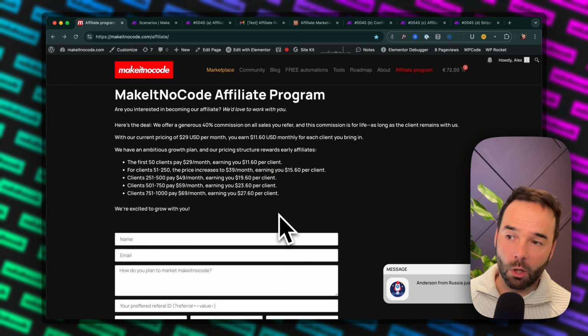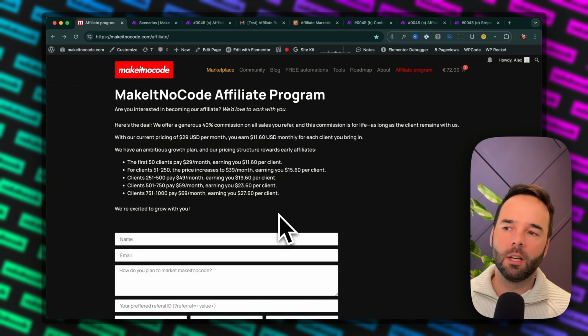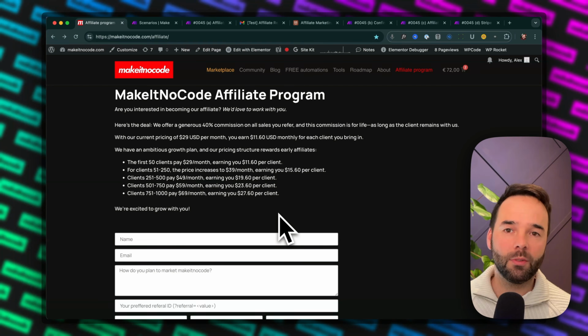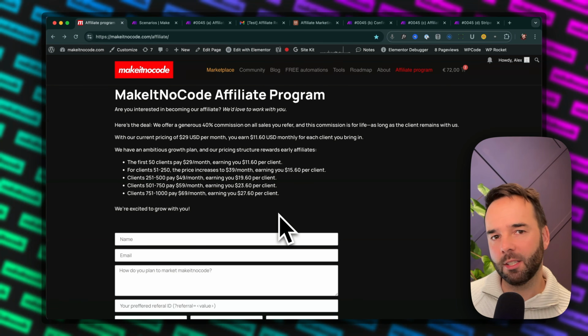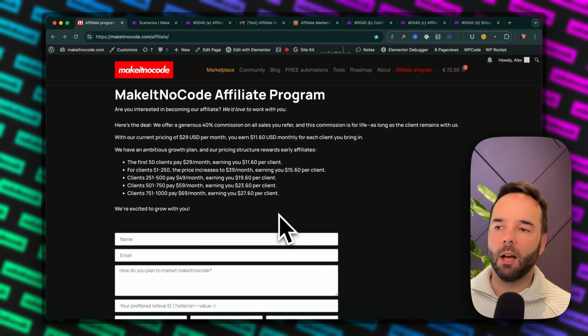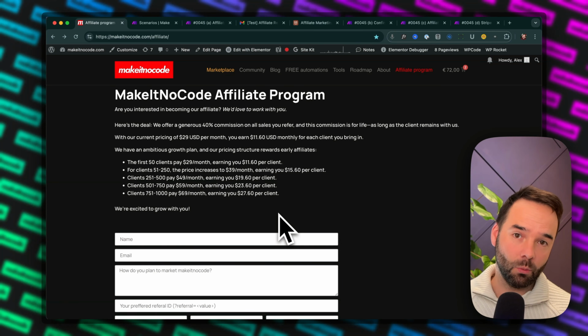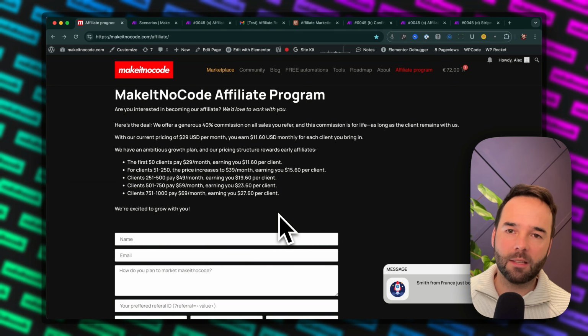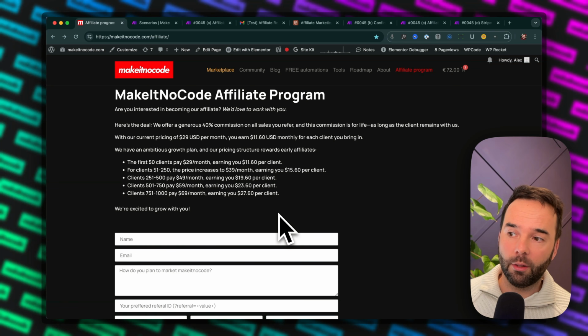If you've got a low ticket, we're offering $29 per month, and then we're offering 40% of that. So that would be $11.60. But we do that for the first 50 clients. So the first 50 clients within our community. So if we go up from 50, we increase the price to 39. And that we take our affiliates with us. So for the lifetime of the client, any affiliate that is associated with us gets paid monthly for bringing in